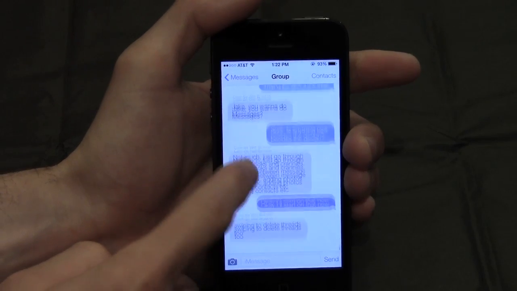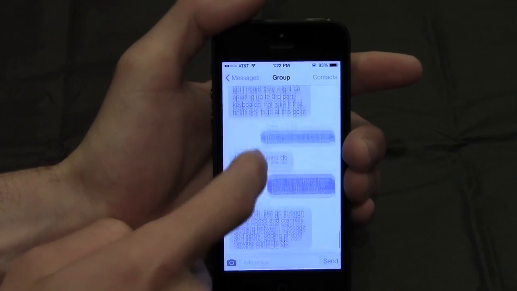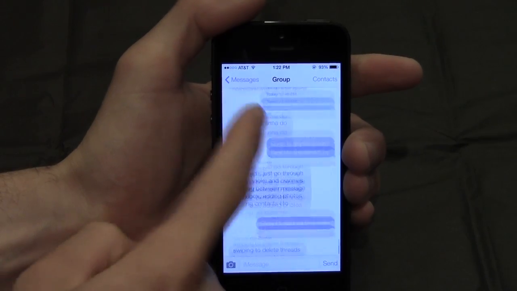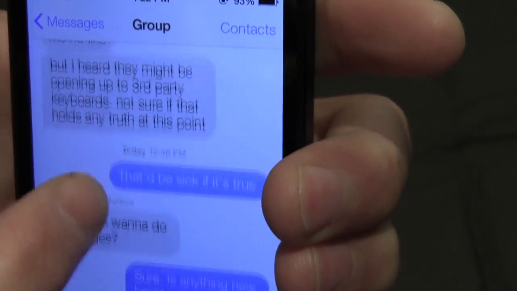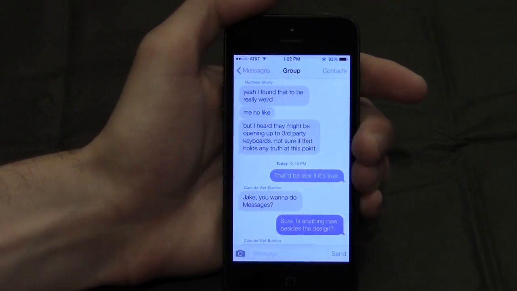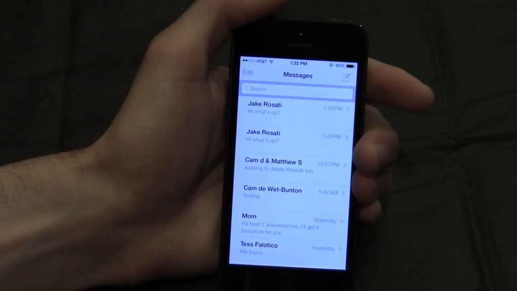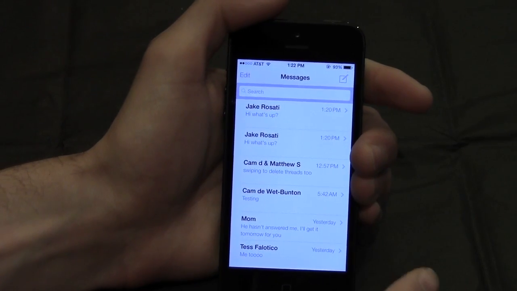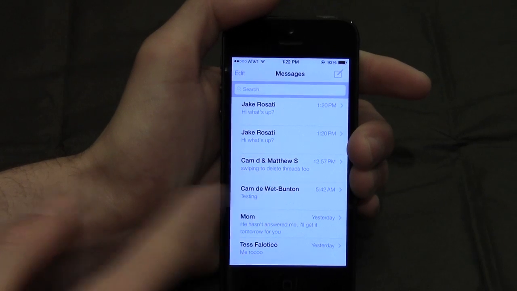And also you may have noticed that when I scroll, the bubbles actually kind of have a little rubber banding effect, like in between them. Again, it doesn't really affect the functionality of the application, it just adds a little bit to how it looks and feels. You'll also notice that I have a group chat right here with Cam and Matt from TodaysiPhone.com, and